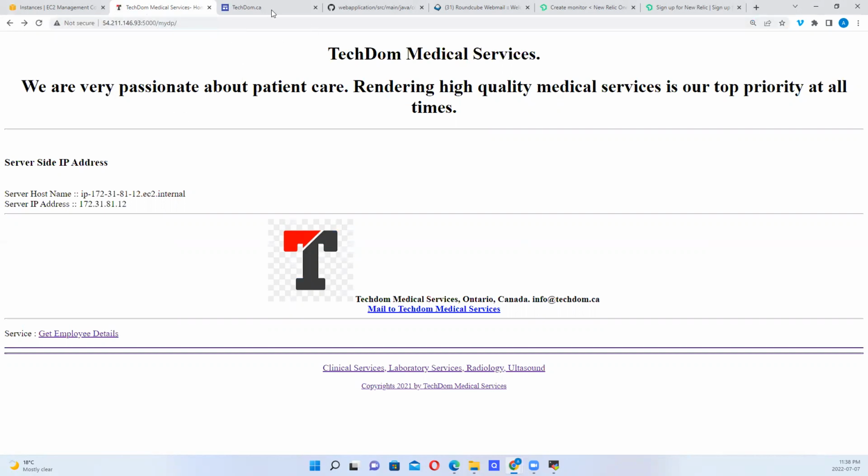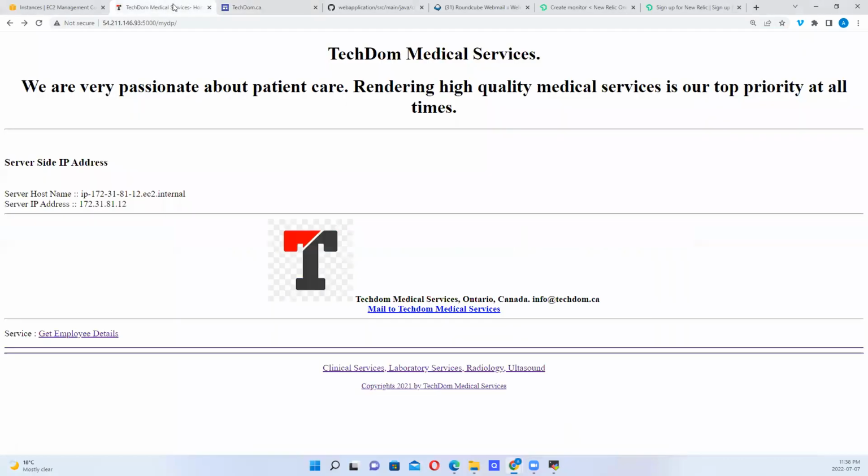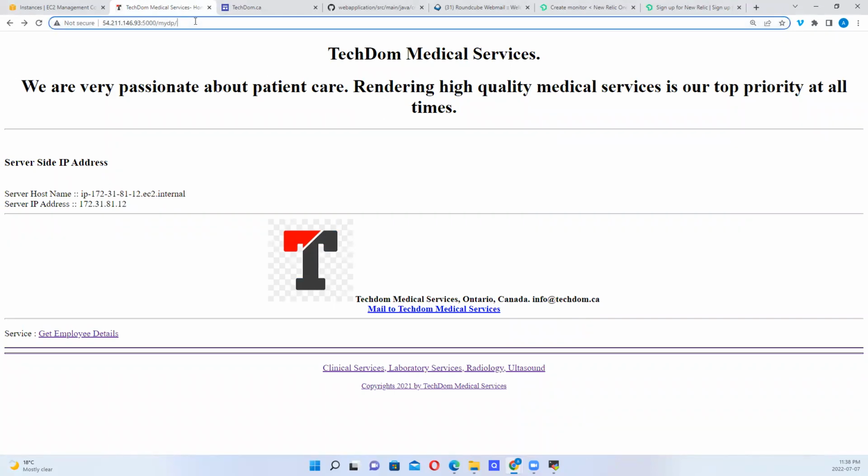So now this is a website, and this one is hosted on Tomcat, and this is a regular website hosted elsewhere. Okay, so now let's look at this, for example. If we want to monitor this website, what do we need to do, right? We can copy that, then go to our